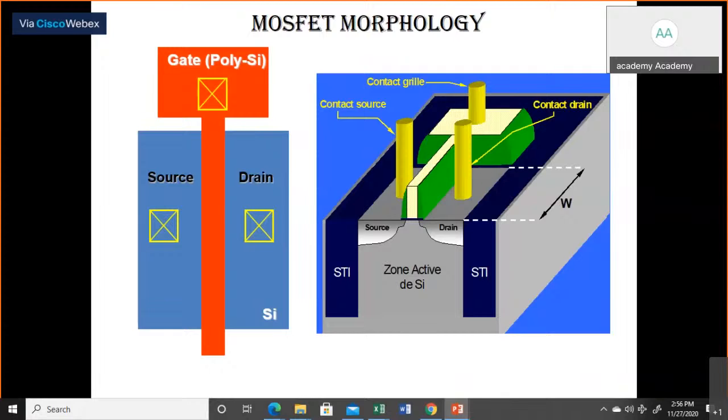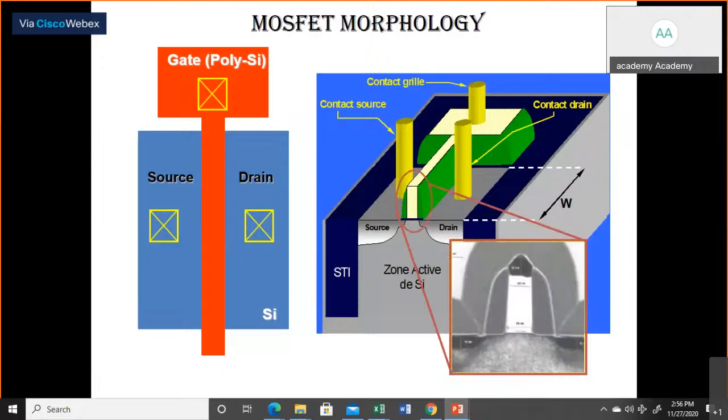And this picture shows the MOSFET morphology, how it looks in a design. If you talk about the layout, we have a layout session tomorrow at 10 o'clock. All the participants should attend this session on how to design a good layout for integrated circuits. These are the pictures I am showing, and this zoomed version will show the very small dimensions that show the